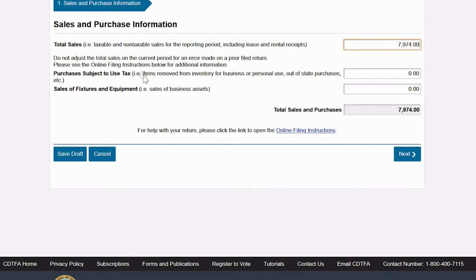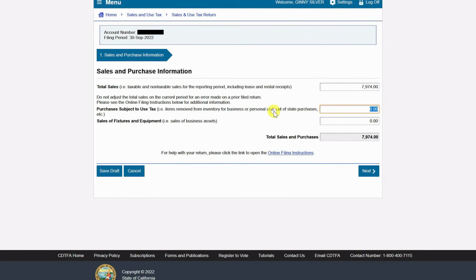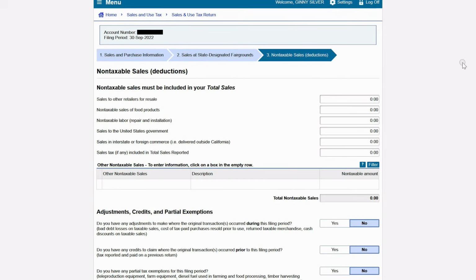This means that if you had inventory that you purchased with the intent to resell and you did not resell it, you ended up converting it to either your own business use or personal use, then you must claim that here because you will be taxed on it. Additionally, you're going to be asked for any sales of business assets, fixtures, and furniture that are associated with your business. Next, you'll enter in any sales at fairgrounds, and then this is going to be followed by non-taxable sales,